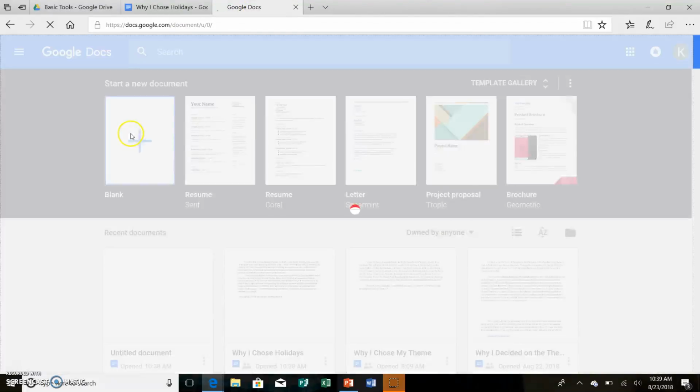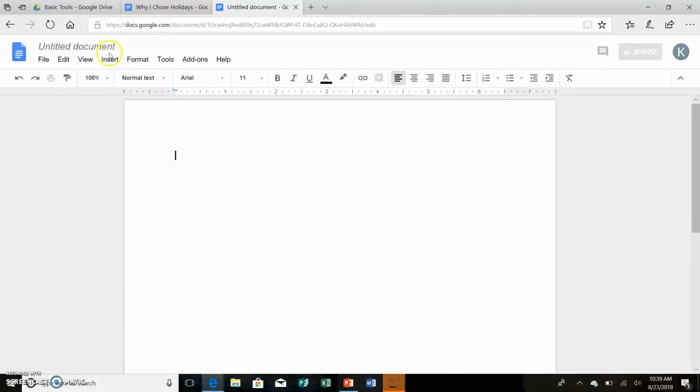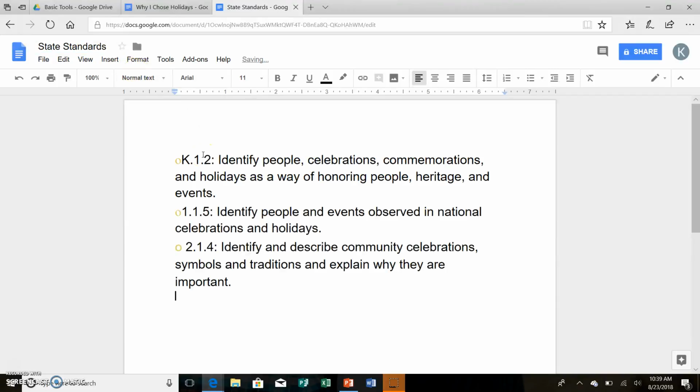So what I have to do is hit blank, and I want to have a document that has all of the state standards that I'm trying to meet as I work with this theme throughout the semester. So I'm just going to create that document really fast. I have them already copied from the PowerPoint that I made in a previous challenge,